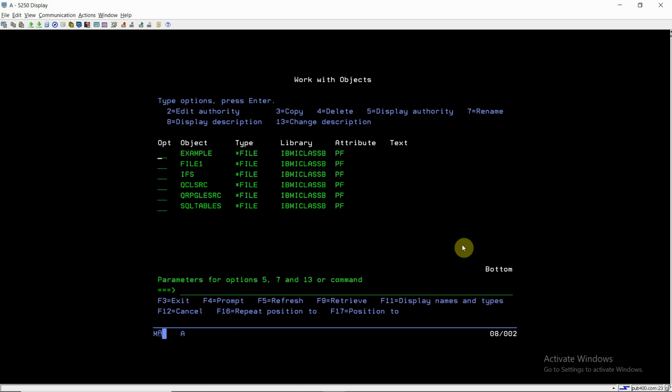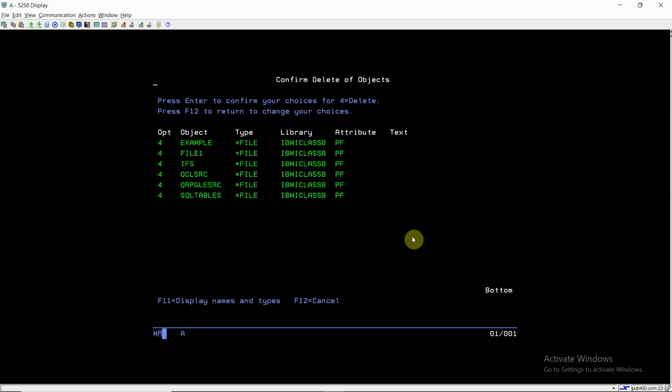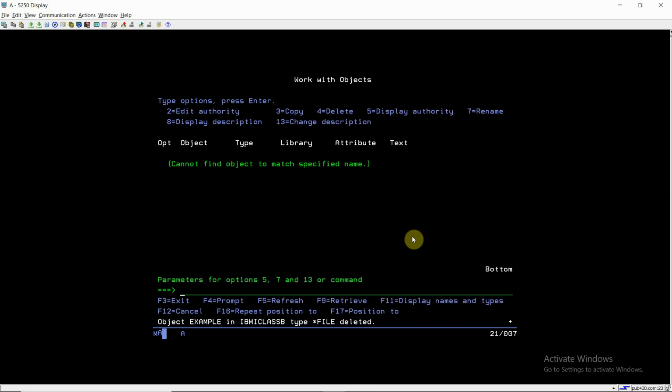Now IBMICLASSB, here I also have those objects. So I'm deleting these objects by taking option 4, which is for delete when working with objects. I'm deleting all the objects, so now this library does not have any object.